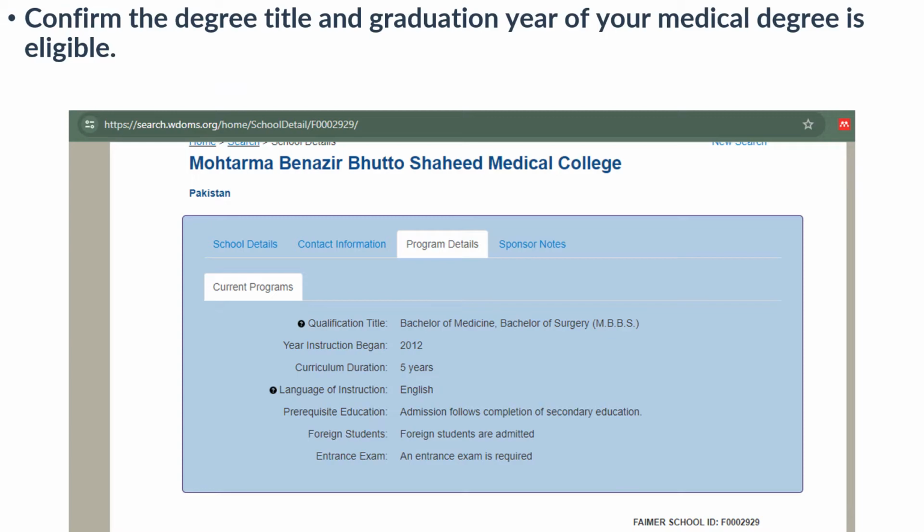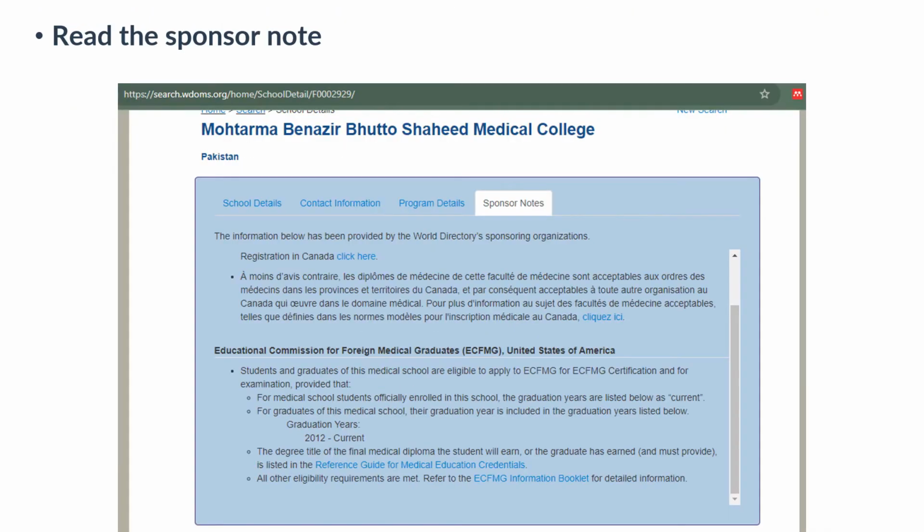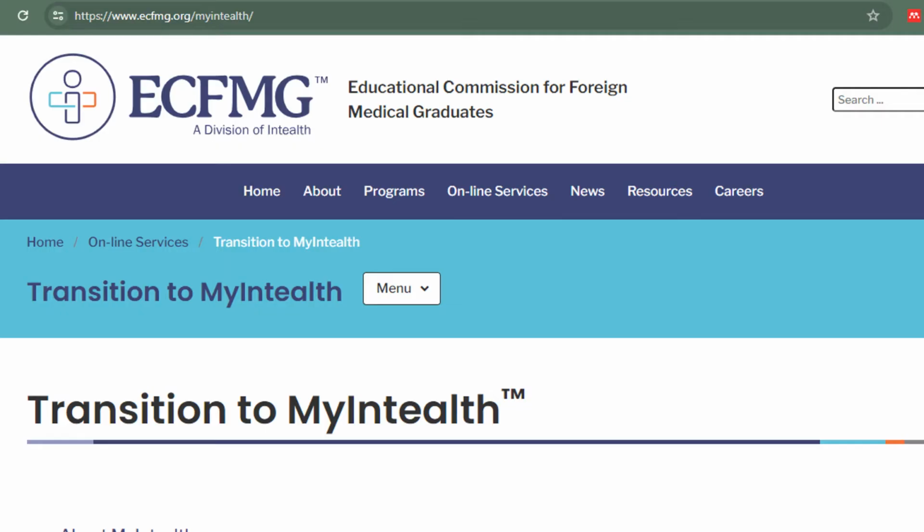In this, you simply need to go through the program details and sponsor notes, for which it tells that which graduation years are included in the eligibility. Then when you find that your medical institute is eligible and you are eligible to apply, then you simply need to go to ECFMG, and